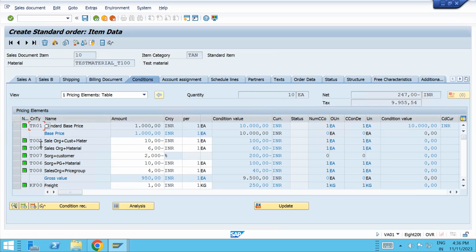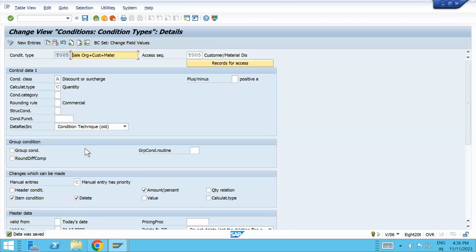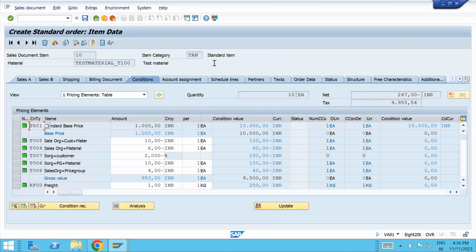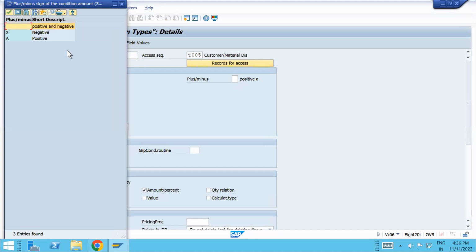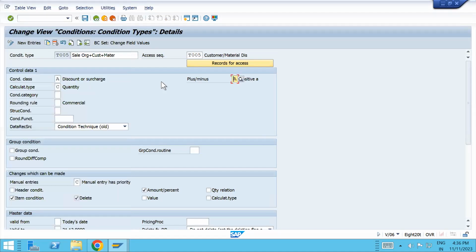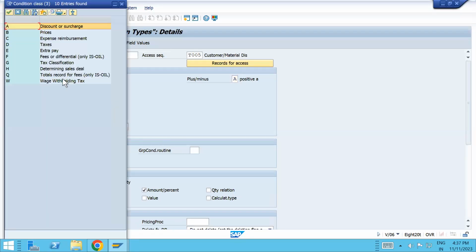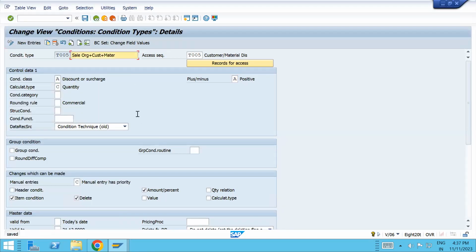Why did it take minus? Sir, again, it's the same, no, sir. It's not the same actually. Sorry, we make it blank actually. Blank is plus or minus because of this control. You can see here, if we make it a discount as a condition class, it makes negative values by default. If I save this,